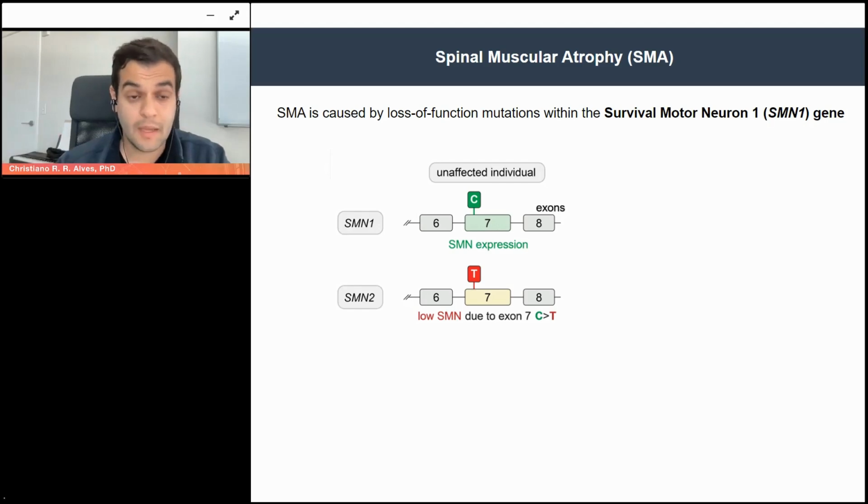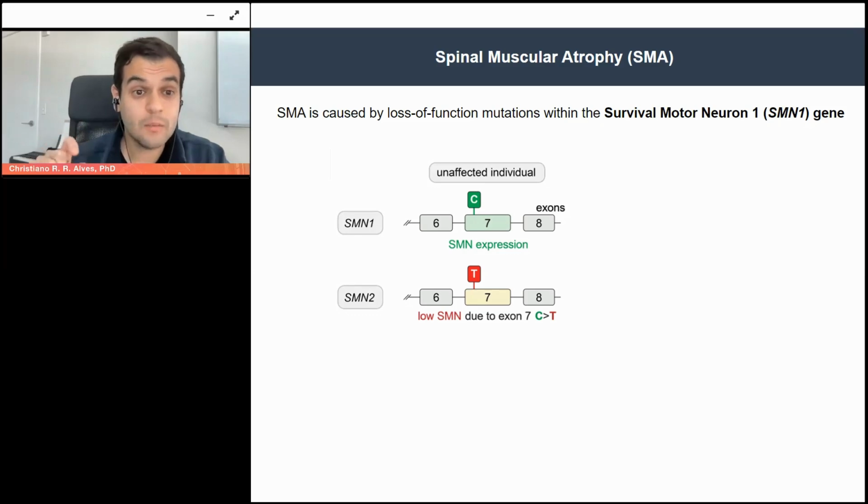Just humans, mainly humans, have the SMN2 gene here. But basically, between these two genes, there are some small polymorphisms, but one is very important, which is the C to T mutation in exon 7. So in position 6 of exon 7, instead of having a C, the SMN2 gene actually has a T. So when you think about a healthy person, this is not a problem because SMN1 is producing protein. But the SMN2 is not really able to produce 100% of full-length protein because of that mutation.